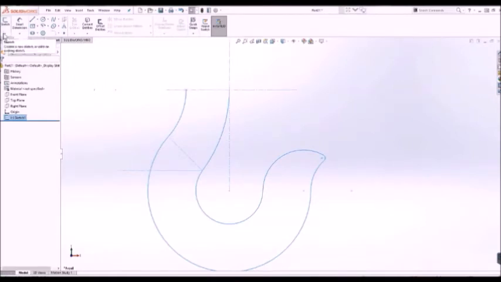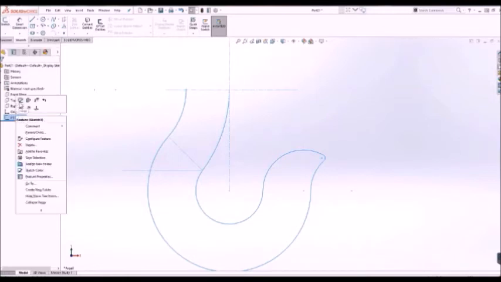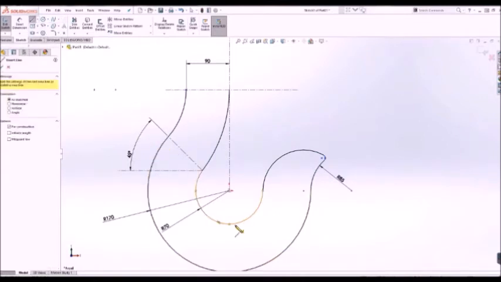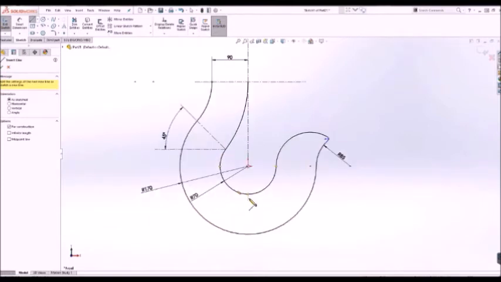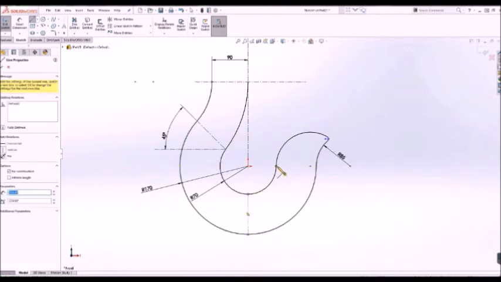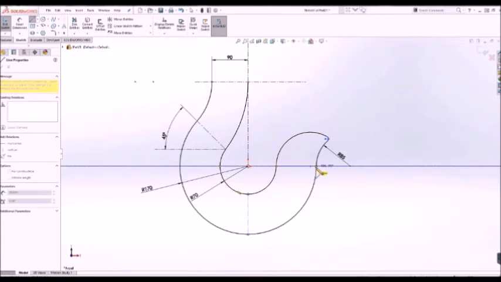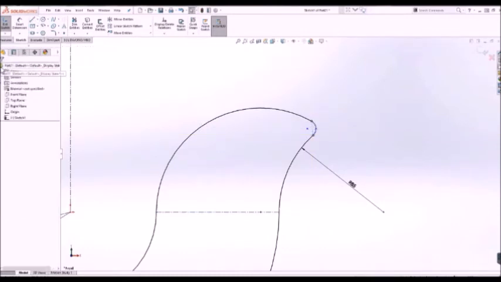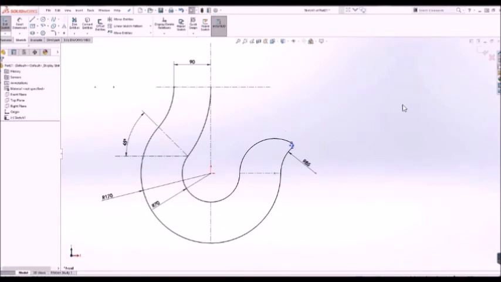and before exiting the sketch, I can create a couple more lines here because I'm going to use these lines in the future steps. I'm going to create a center line from this point, also from this point to this point, the last one from this point to this one. Okay, click here. Now I can exit the sketch,